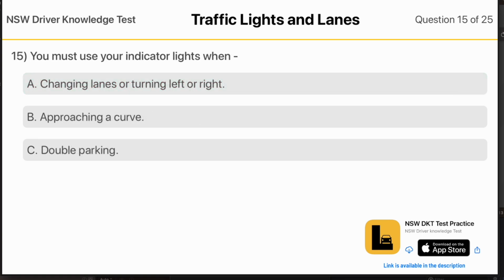You must use your indicator lights when changing lanes or turning left or right, approaching a curve, double parking,